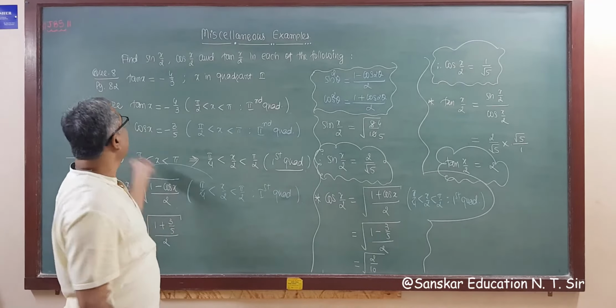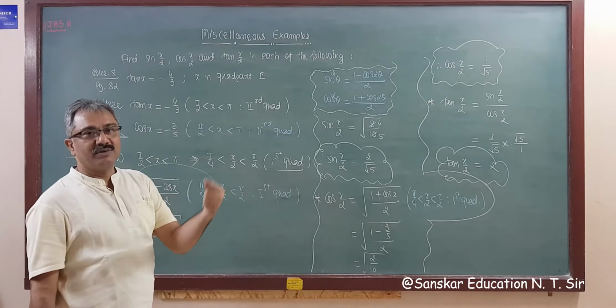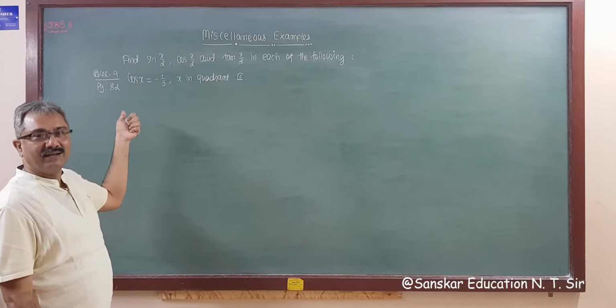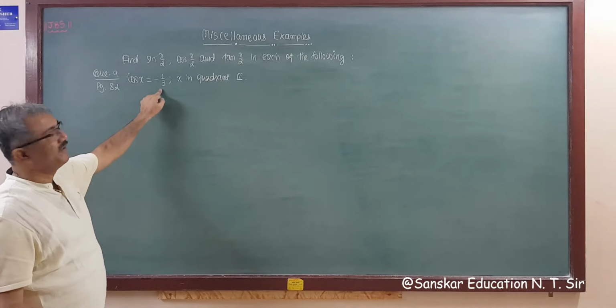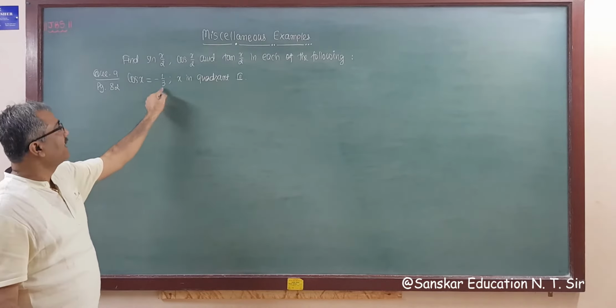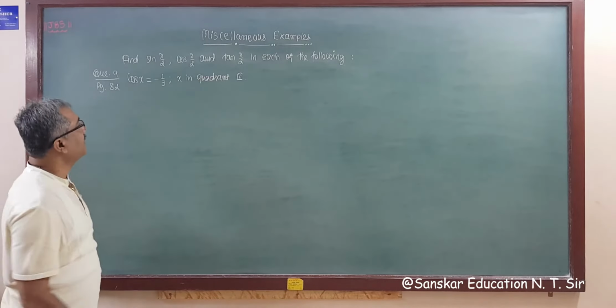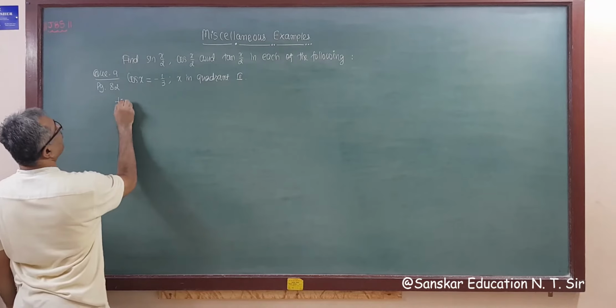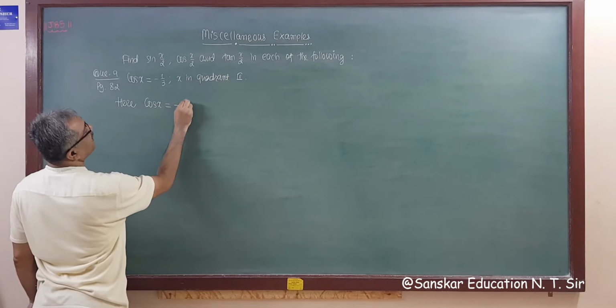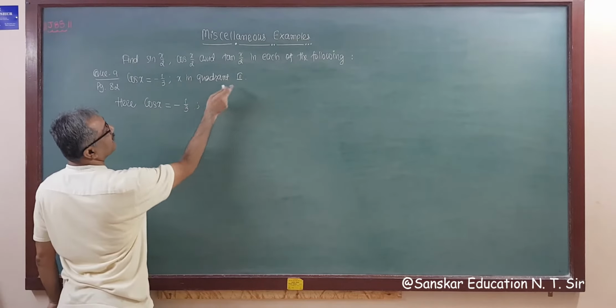Okay. So the same question is question number 9, and question number 10 is coming soon. So same question, question number 9, as I told you, cos x is given. So here cos x is already given, so no need to find out cos x, and x is given in the third quadrant, right? So here cos x is equal to minus 1 upon 3, and third quadrant.